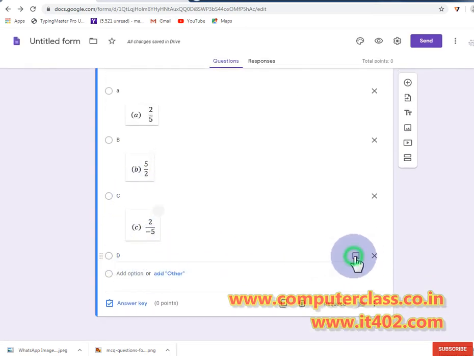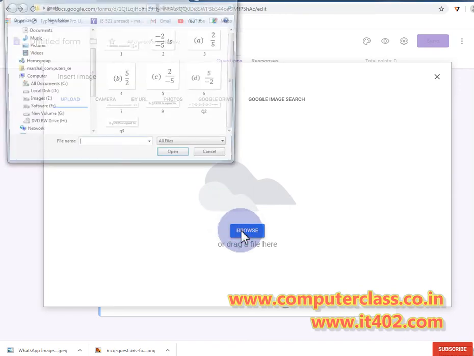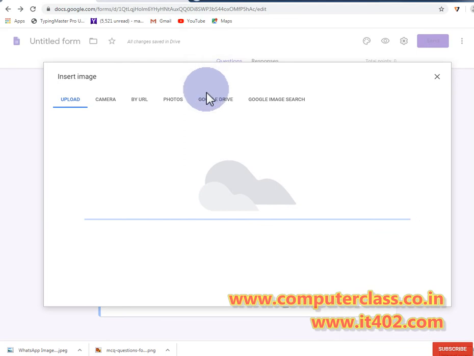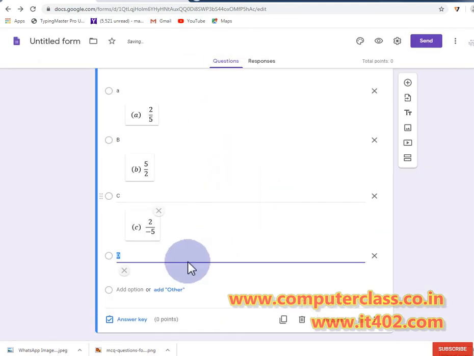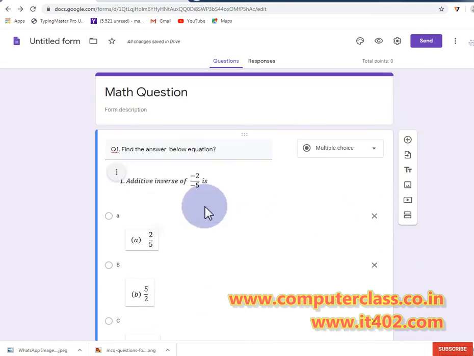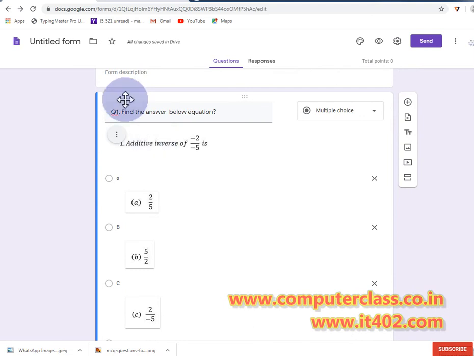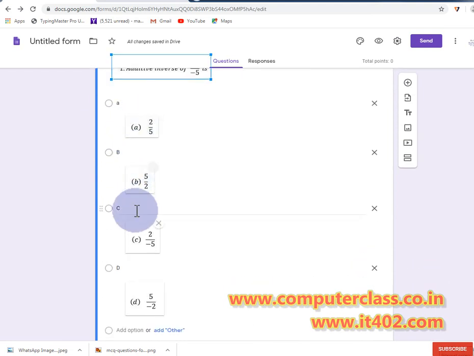And the last one is this one. So now question number 1 is completed. Here the question definition is there, the question is there, and the options are here.